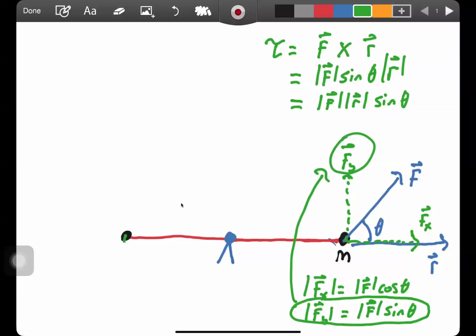Now, similarly, imagine that theta was 0. In that case, the force would be completely in the direction of the lever arm, and so it wouldn't be doing any rotating at all. And what's the sine of 0? The sine of 0 is going to be 0. So the orientation matters, but also what matters is the distance from the force being applied to the axis of